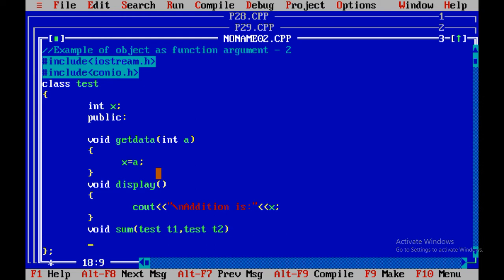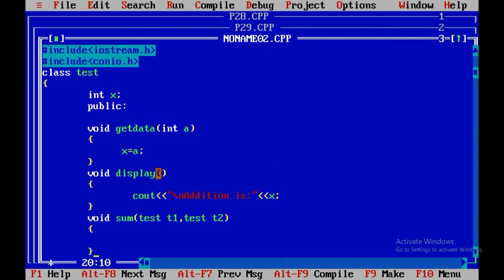I am going to explain the given code, so don't worry regarding that. x equals t1 dot x plus t2 dot x.